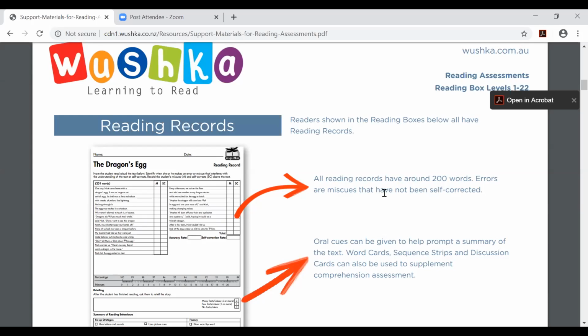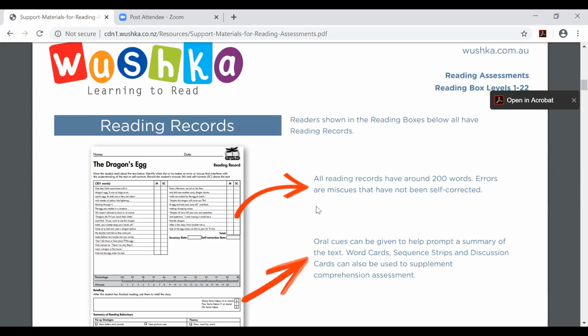Parents can't see any of the teacher resources. It's really up to the teacher to download the appropriate activities and then upload them into the portals or send them home physically with learning kits to the students.